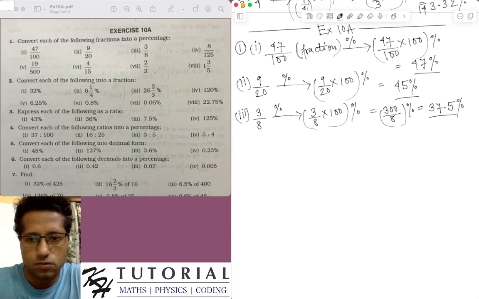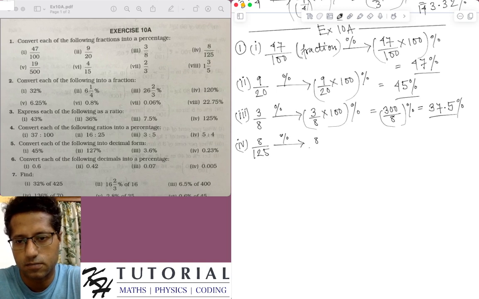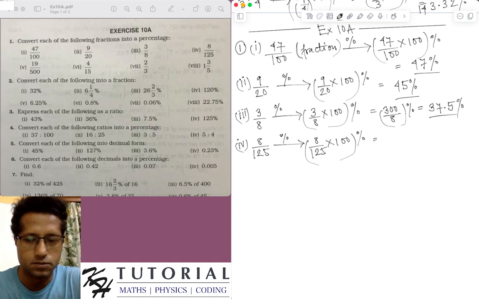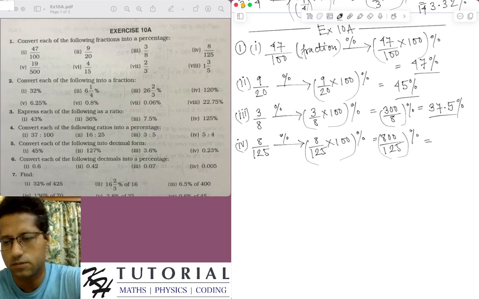Okay, so 4 is 8 by 125. This is a fraction, and if you want to convert it to percentage, I will just multiply the fraction with 100. So this will be in percentage. So this is how much? 800 divided by 125 percentage. This equals